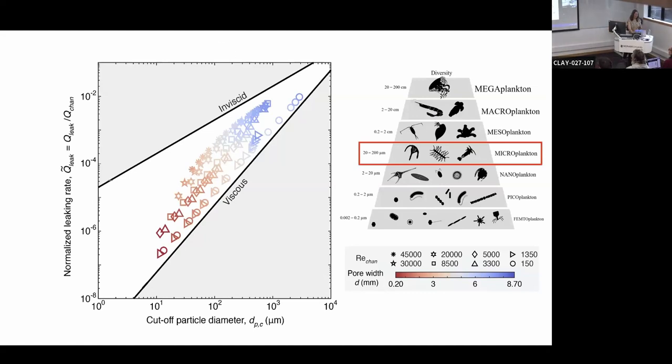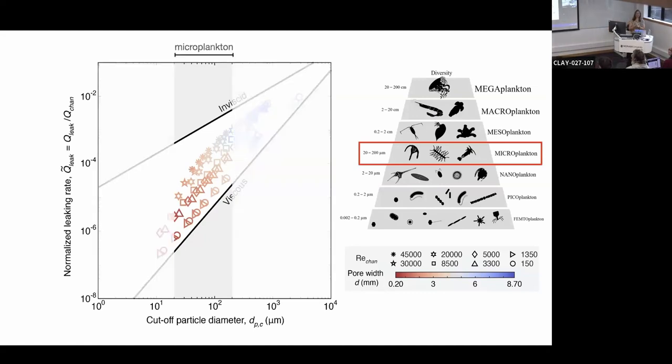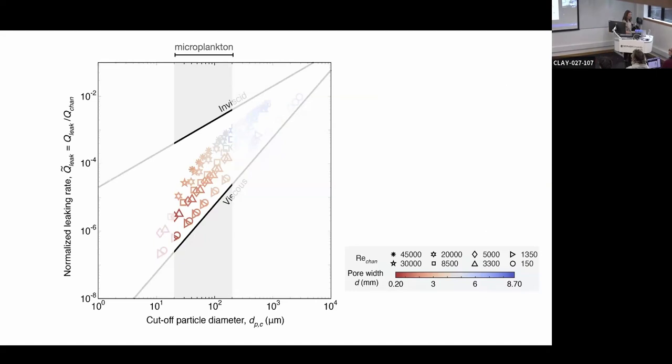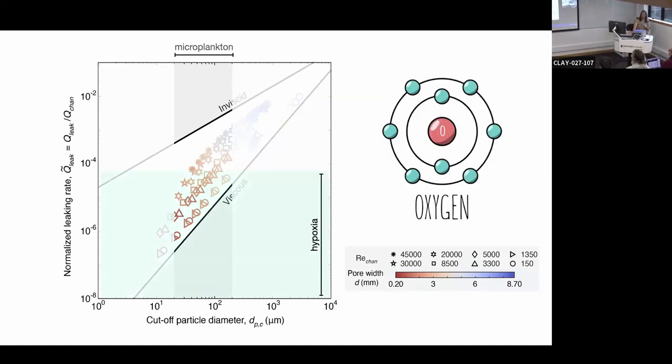So this is the region that's 20 to 200 microns. The other thing, it turns out there's one other thing that mantas need to do, which is that they need to breathe. And the way they breathe is by flushing that fluid through their gills, right? So you need to have a minimum amount of flow rate through the gills in order to get oxygen. Okay, so you need oxygen, and here's the minimum flow rate, which again you can calculate. So they need to be somewhere up here above this sort of green box